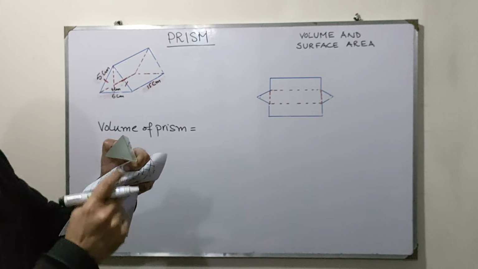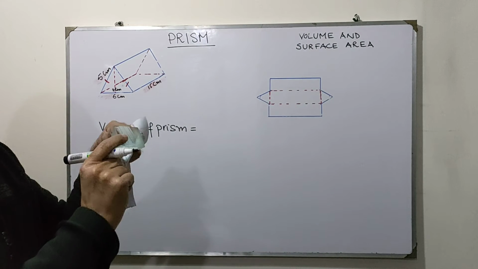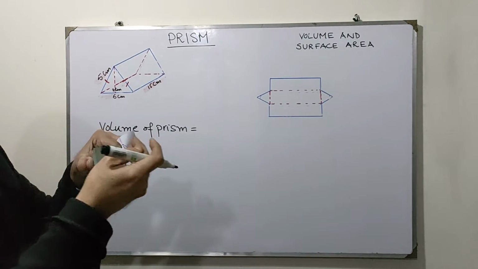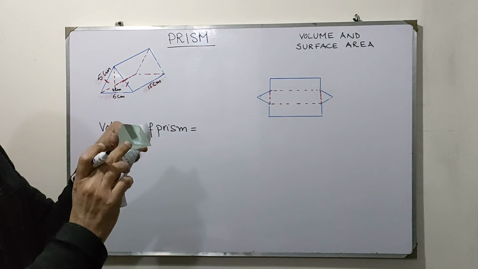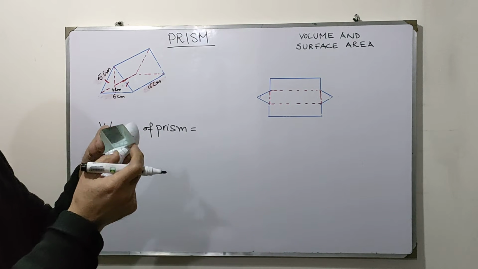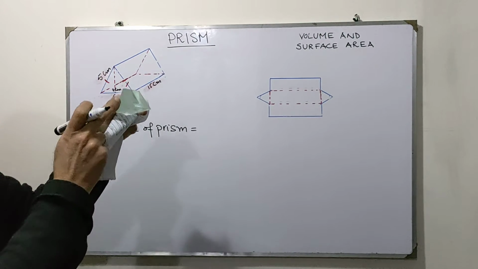Okay, we are holding a prism, we are going to consider this face, and as I was saying, if I am slicing, I am going in this direction. First we will consider this face, and then this will be its height, right? If I am holding it like this, this is the height of the prism, and this is